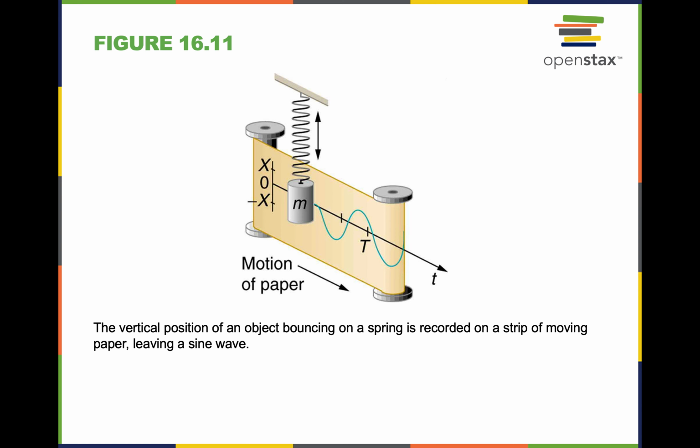Another example of how we can translate a spring's motion into a wave-like motion is if we attached a pen on something that's bouncing on a spring. We would see that as it bounced up and down, if we were dragging this paper at a constant speed, then we would see this perfect sine wave. And for some reason, this is the most common way that we have of demonstrating how a spring-like motion, which really all we see is a bounce up and down, becomes this sine wave-like